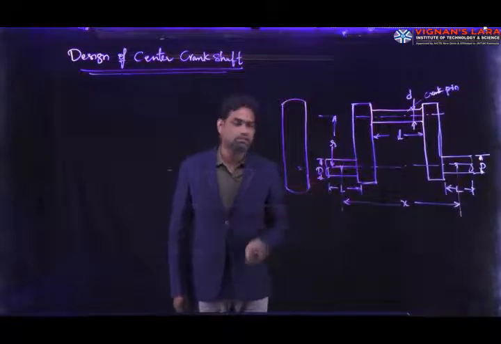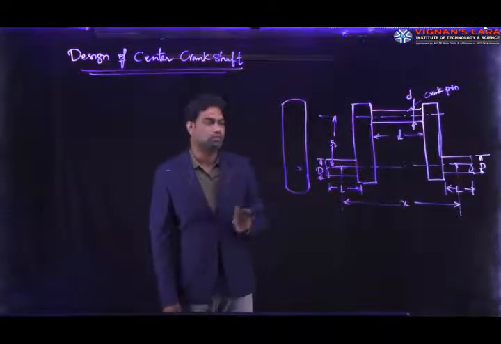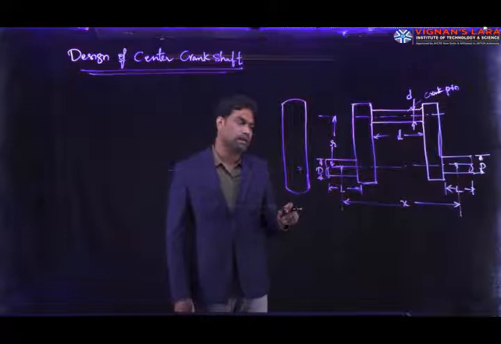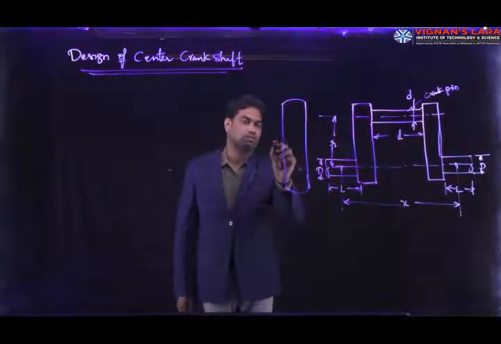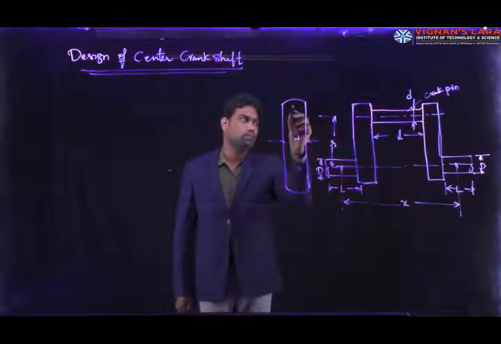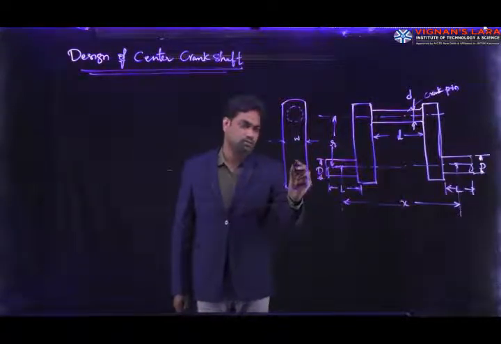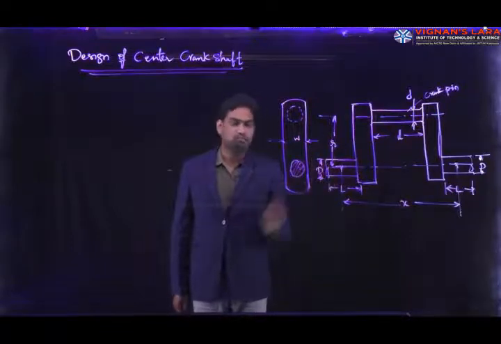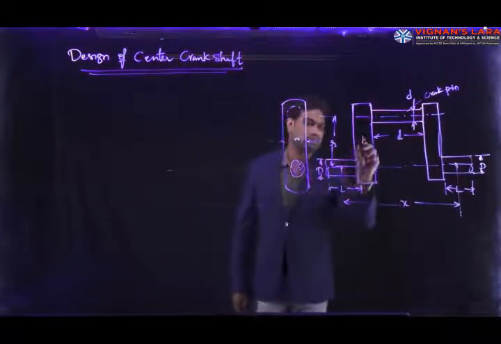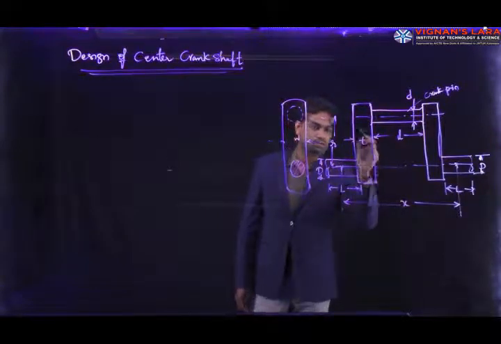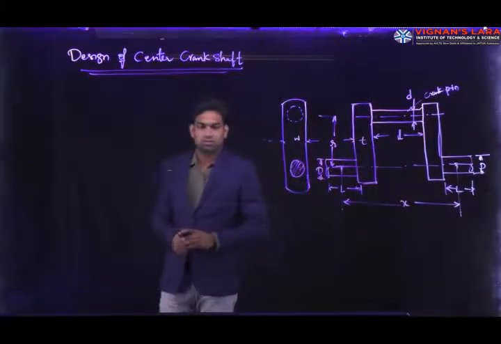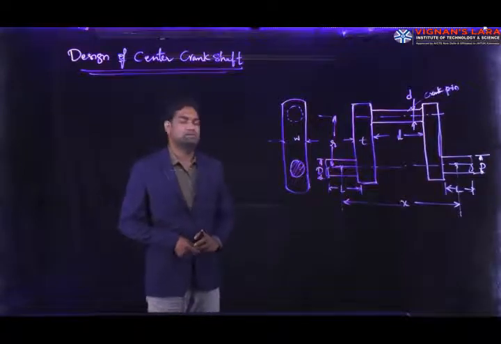If you observe the side view for this, it is in this fashion. In the side crankshaft, the width of the web increases gradually with respect to the crank radius, but here the width is uniform, denoted by W. Here we have the crank pin and here the main journal, and this is the distance R, and the thickness of the web is T. Clear? This is how the center crankshaft looks.